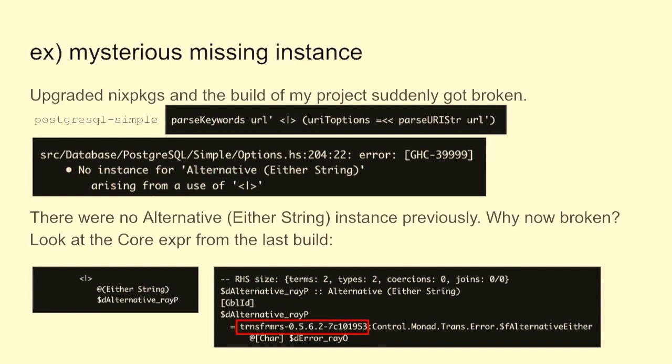I mean, there is no such Alternative instance, right? I know this instance was not there from a long time ago. But why is it broken now? That was the question. And in the end, when we look at the core expressions from that particular line,